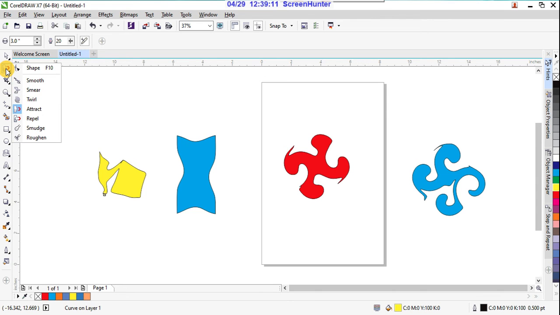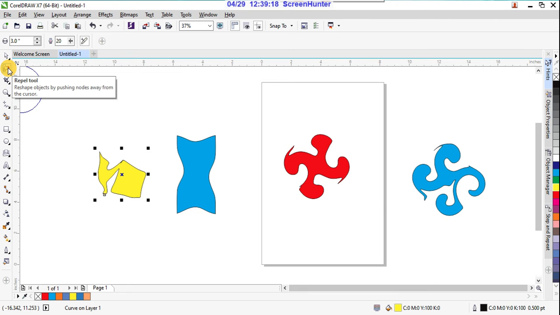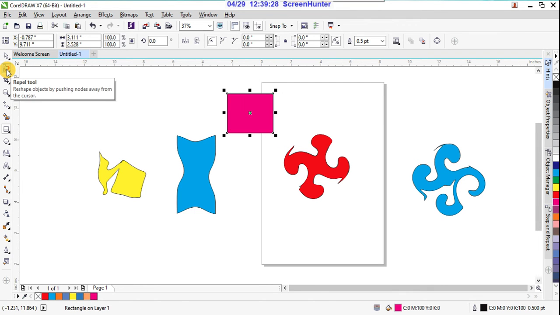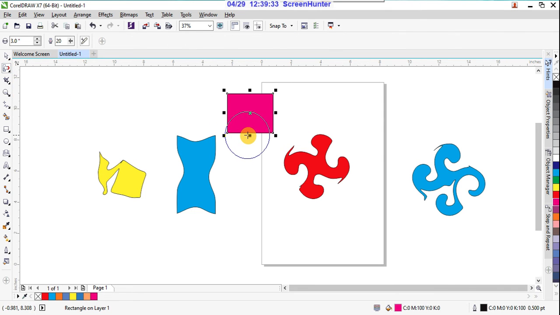Then another one is repel. This also looks like the same, but it reshapes objects by pushing nodes away from the cursor. So here we have to apply it away from the cursor. Yes, reshape objects by pushing nodes away from the cursor.